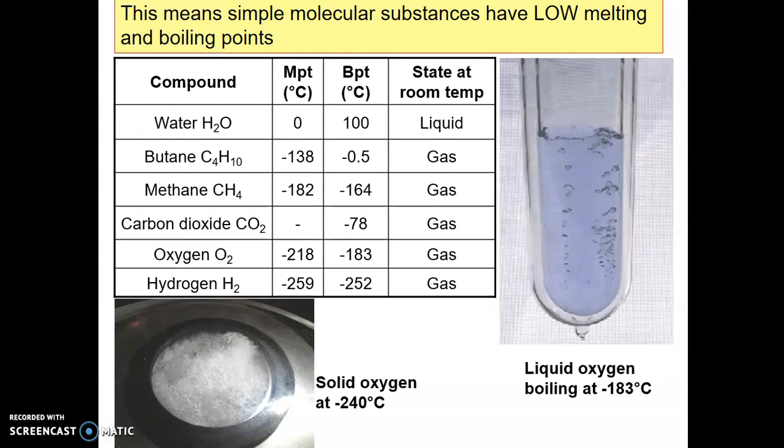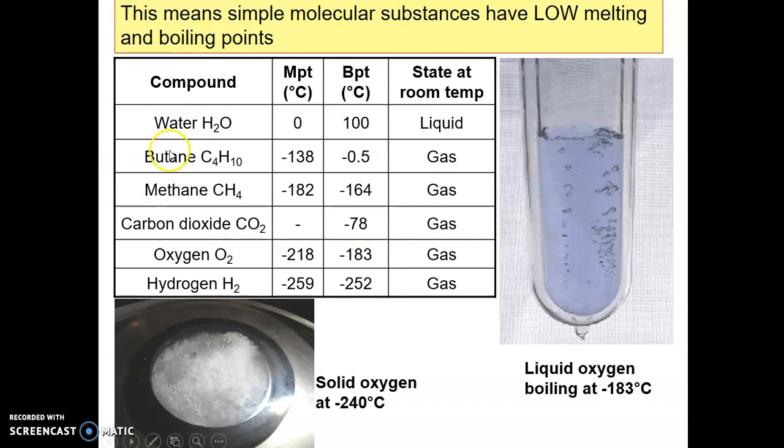So if you look at some examples here, even water melts at 0 degrees. That's what we call the melting point and the freezing point of water, depending whether you're heating it up or cooling it down. 0 degrees, that is enough energy. So once you get past 0 degrees, that will provide the water with enough energy for the attractions between the molecules to break. So it will no longer be a solid, it will start to melt. It has a boiling point of 100 degrees. So at room temperature, about 22 degrees, the molecules already have enough energy to have overcome the attractions that held them as a solid, and they'll be a liquid.